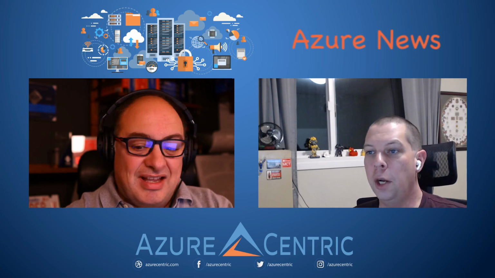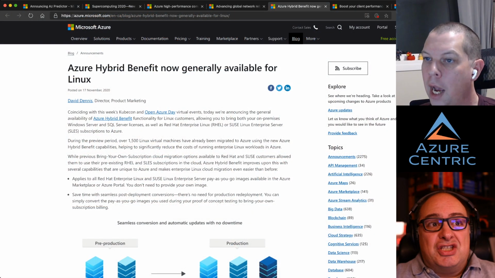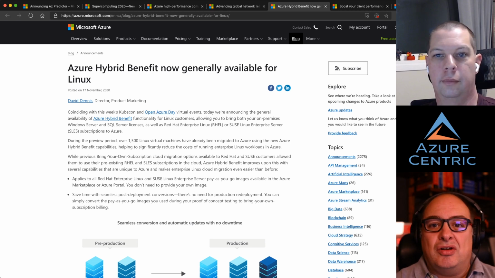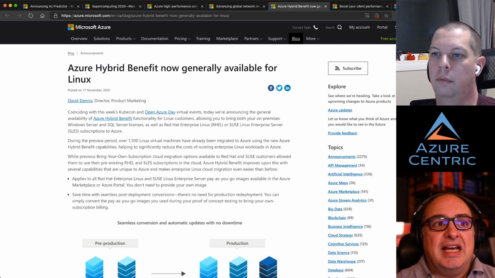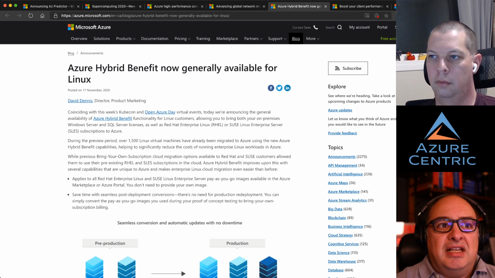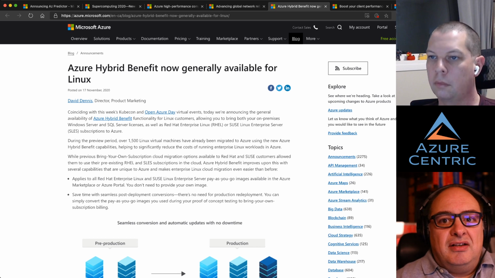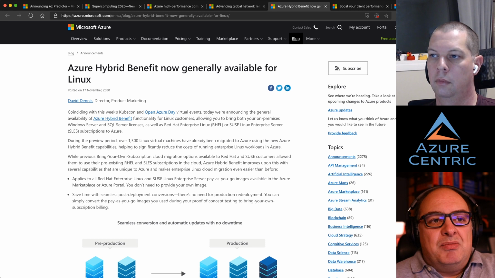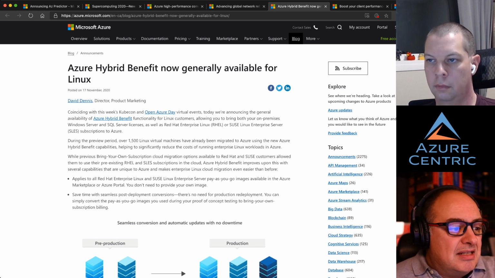Exactly. So let's talk about the next Azure one: Hybrid Benefits. For me, it's huge. Azure Hybrid Benefit now extends to Linux. If you create VMs, especially on Windows, and you already have licensing, especially organizations that have enterprise agreements, they can extend the licensing and make those VMs cheaper to run on Azure. Now they extend this to